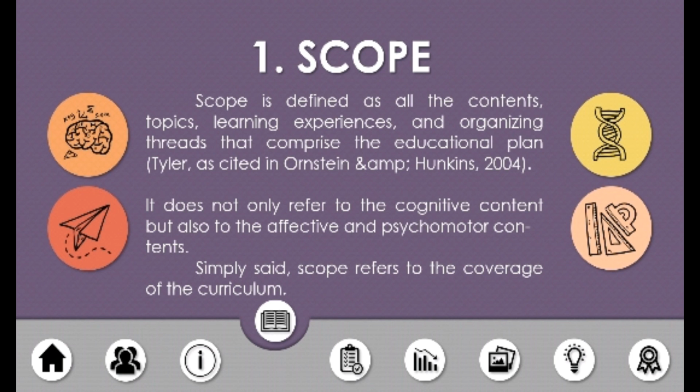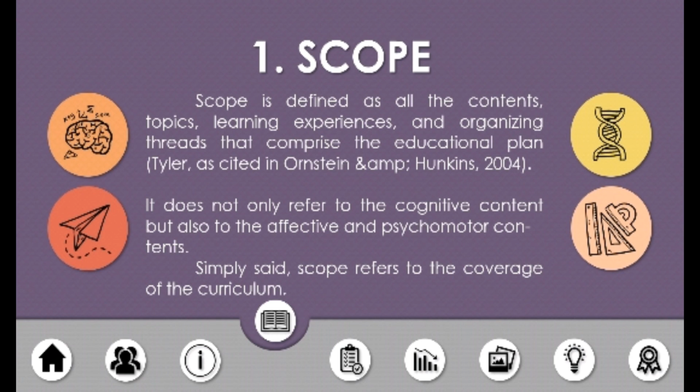What topics will mold the affective and psychomotor abilities of the students? Because if we think about the scope, we might just say, oh, scope, you mean the topics that you're going to memorize, the topics that you're going to be familiar with? No, it's not just the cognitive content we are aiming to sharpen, but we are also aiming to cover the